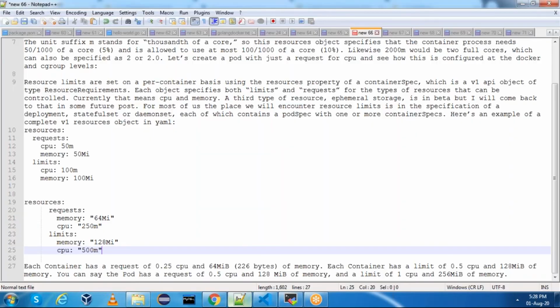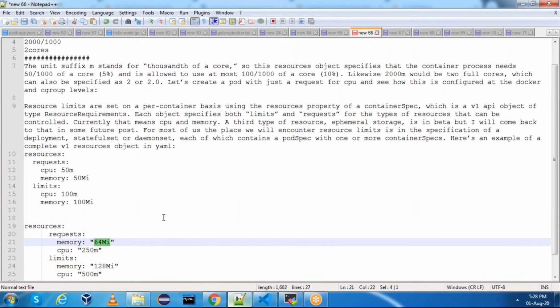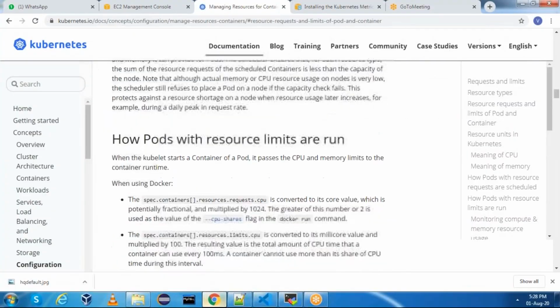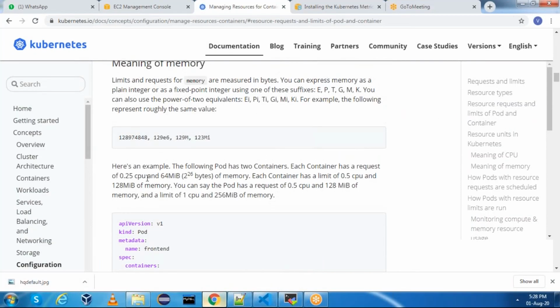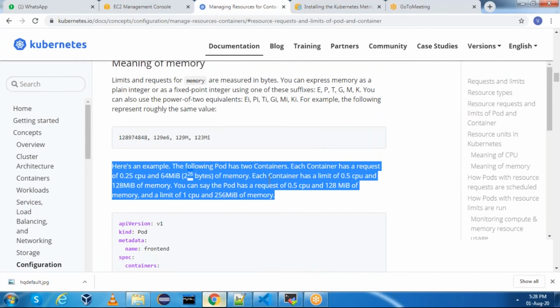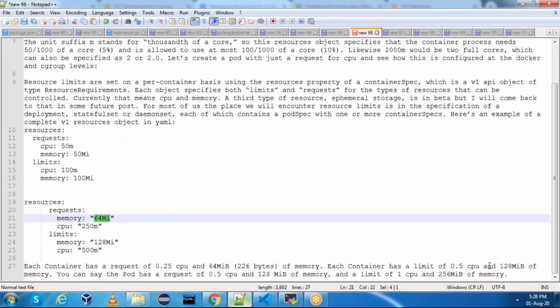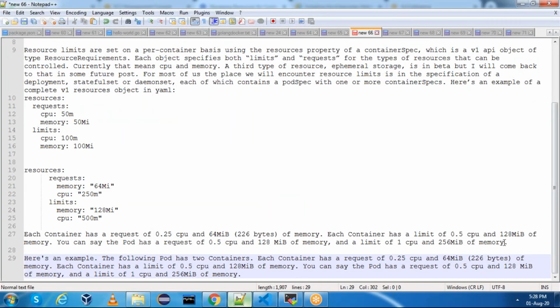If you see here, let's say if you say 64 Mi, 64 Mi is equal to 2^26 bytes, right? You can calculate in terms of 2 to the power of. Let me show you the calculation. Okay, this is how it gets calculated. This is for that particular example, but we can convert into our own calculation as well.